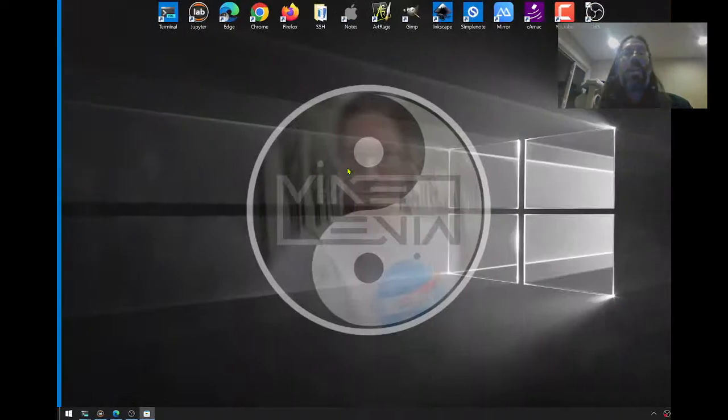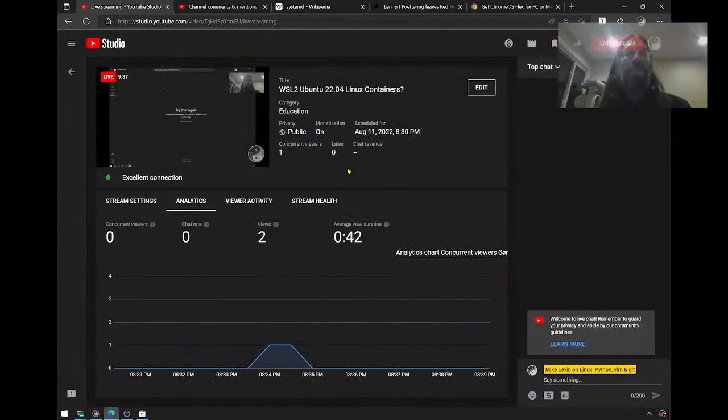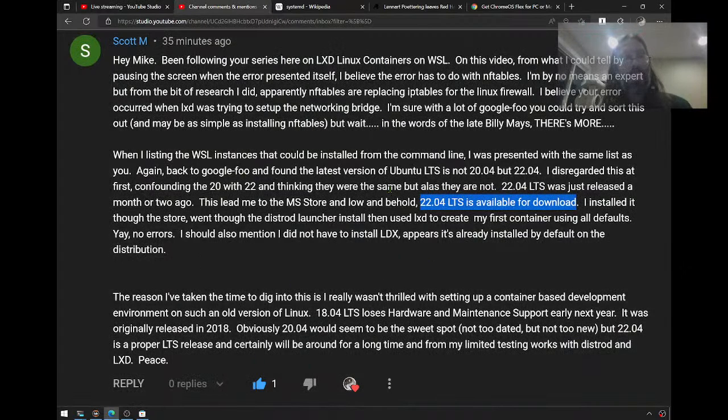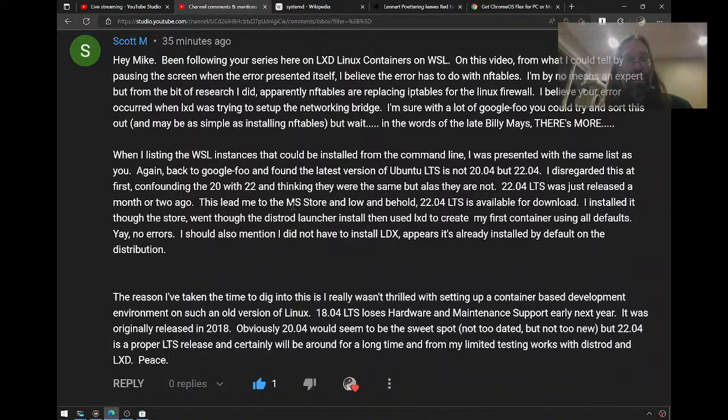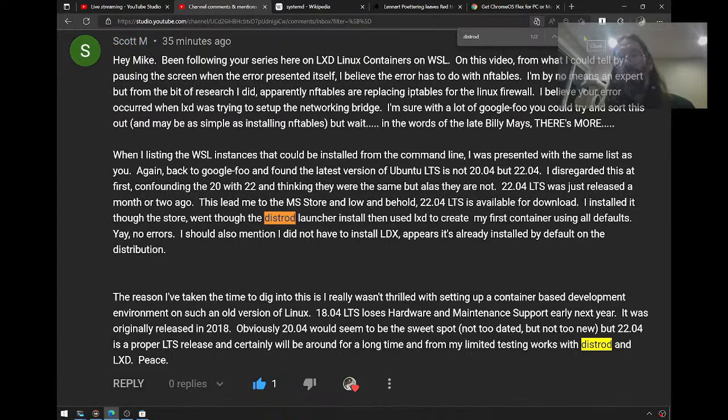So let me continue the discussion, show you some of these tabs I have opened, because in addition to Scott's feedback, which was the source of this video, I wanted to point out that systemd is one of the things we're going to have to still get running, because even Scott, as he tells us how he did it, still had to go through the distro-d launcher like I had talked about in prior videos. Systemd is still missing, and distro-d gets systemd back onto these Windows-based Linux systems.